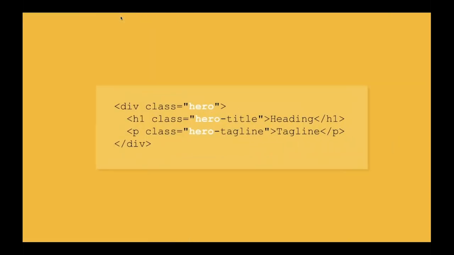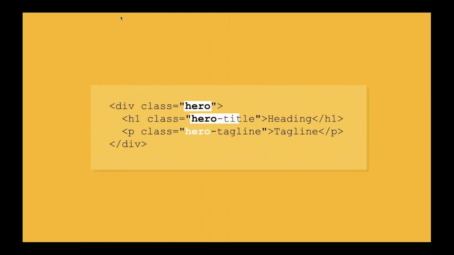Let's turn that into something which is now written semantically. When it's written semantically, it can make a little bit more sense. This is now clearly referenced in that it's a hero image. It's an element on the web page, so we now know its location. We also know what's inside of that. We know that there is a title and that there is a tagline. It's good, but